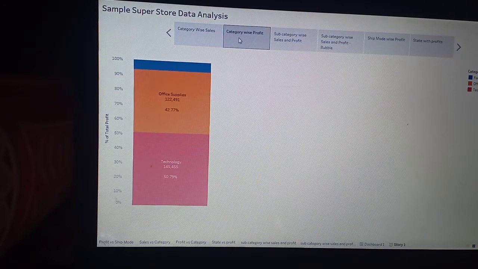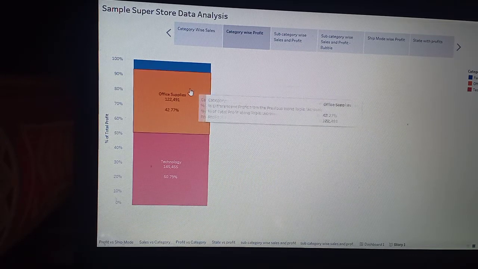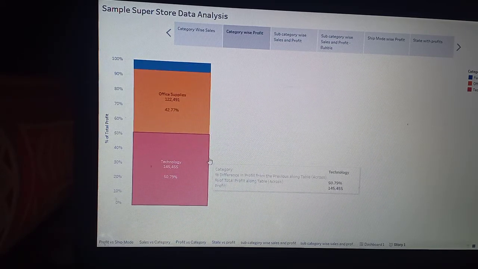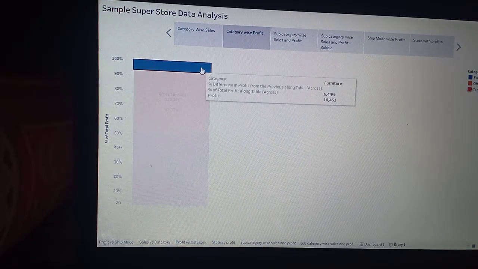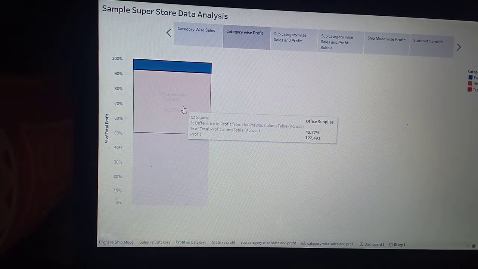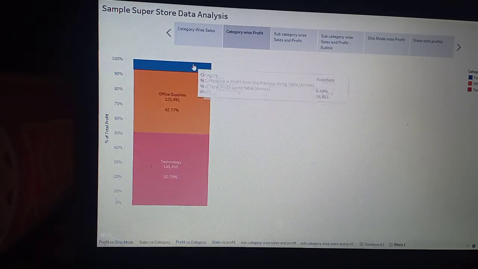So next, if we go, we see what profit we make out of those sales. So these are the category-wise profits. First one is furniture. If we see the technology and office supplies parts, both are doing good business. They are giving a good amount of profit, but the furniture part is not giving that much profit. It's 6.44% of the whole. So it's giving a profit of just around 18,000, while the others are giving more than a lakh or 1,50,000, something like that. So furniture is something we can look into.